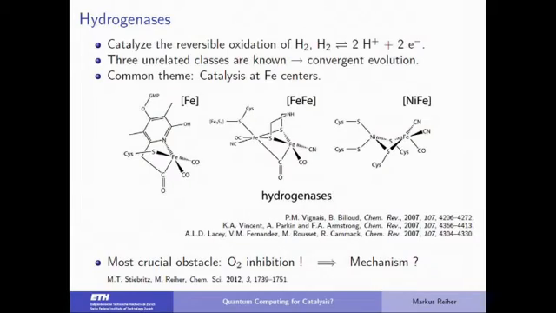In biology, basically 3 evolutionarily independent enzymes are known which could do that: the monoiron hydrogenase, the di-iron hydrogenase, and the nickel-iron hydrogenase. Except for this system, for all the others, the problem is O2 inhibition. On the left, for the system here, you see here's the iron atom. The explanation is simple: it does not bind oxygen, but it also has a bias to split dihydrogen. So it's not the most efficient dihydrogen producing